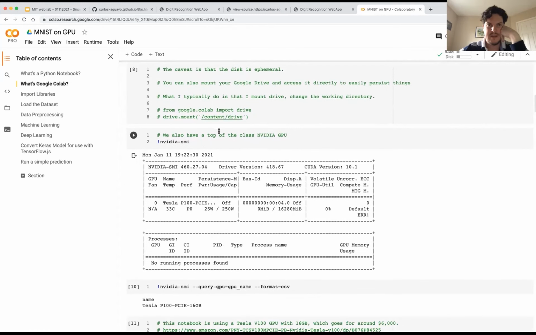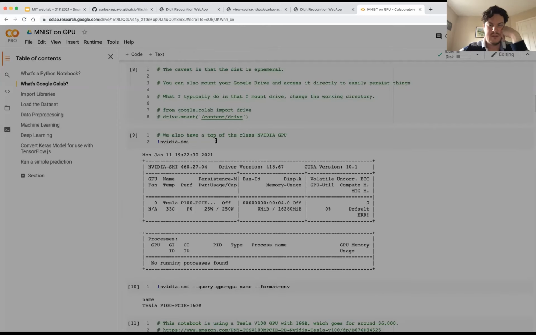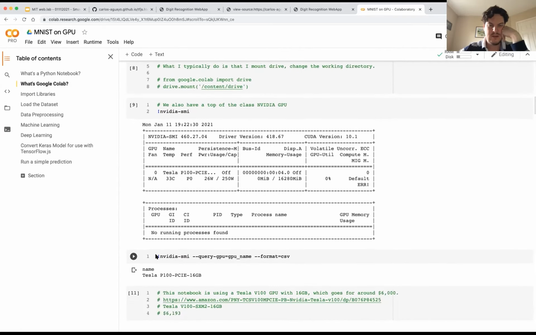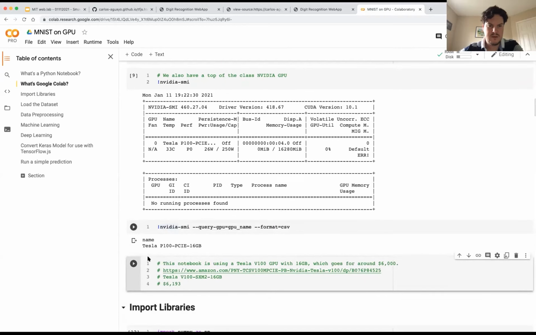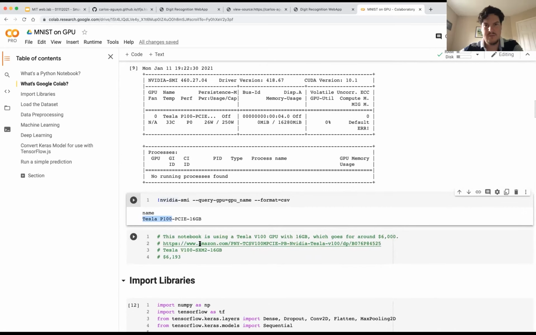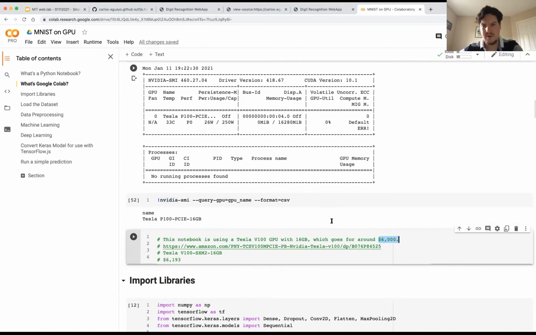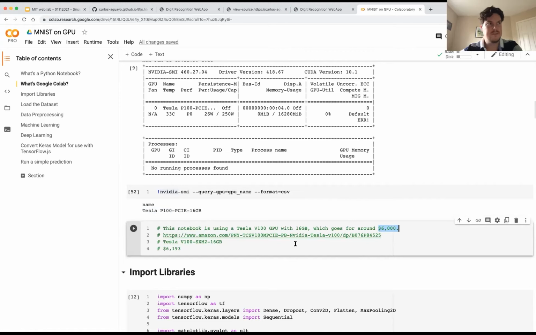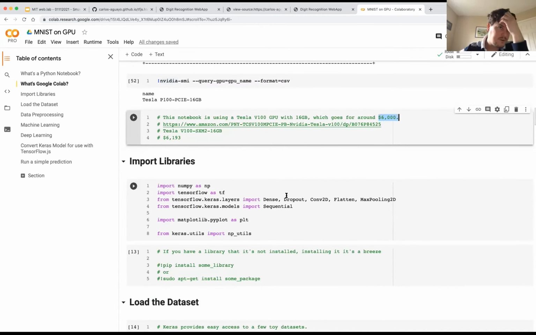and in here, for example, I can select the runtime, and I'm using GPU. And like I said, I have access to a terminal, so I can use the NVIDIA commands, and I can figure out what GPU I'm using. In most cases, you'll find out that they're using a Tesla B100. If you go and search for those on Amazon, the typical price for a Tesla B100 is around $6,000. So in here, I have a very powerful machine with a GPU that goes for $6,000, for $10 a month. I would say it's a great deal. And the other cool thing is that it already comes with a lot of